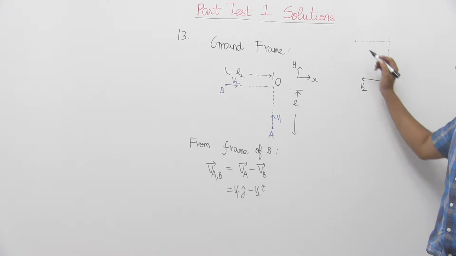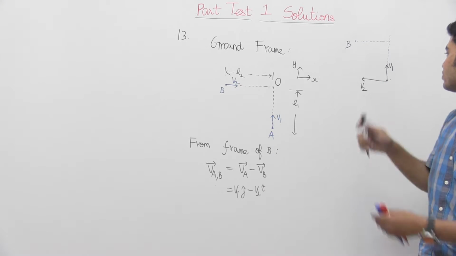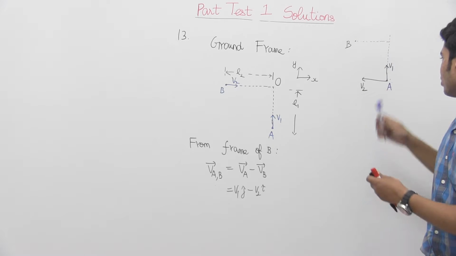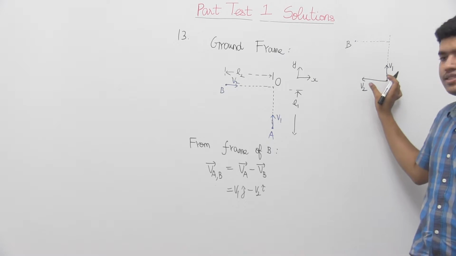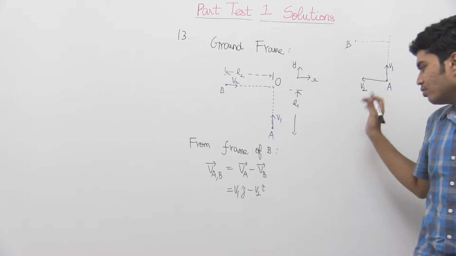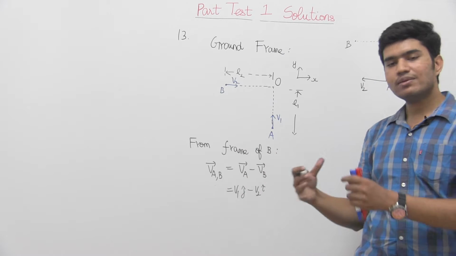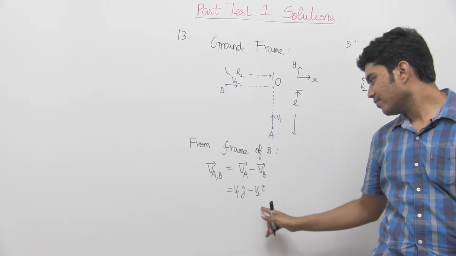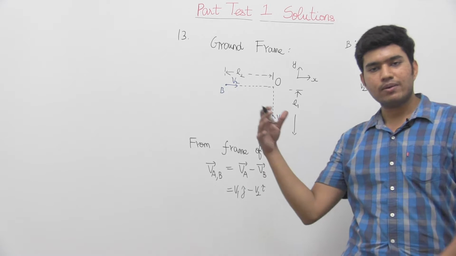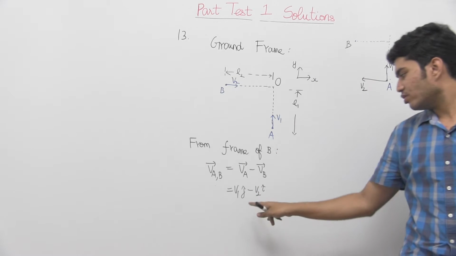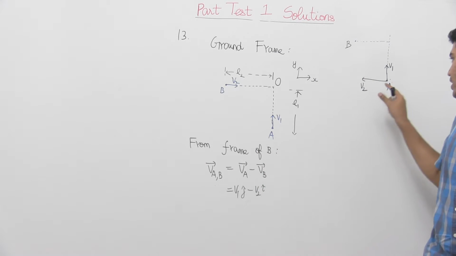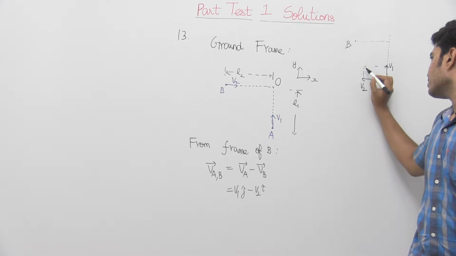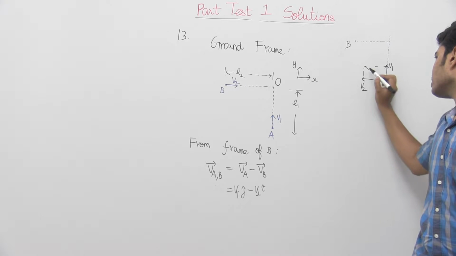So actually the net motion of A with respect to B will be like this. Because the net velocity is how much? The net velocity is the vector resultant of these two velocities. What we are doing here is observing the motion of A with respect to B. We have used the basic relative motion equation. This always works. No matter whatever the frame is, this equation always works. So the net velocity of A with respect to B is this much. This is the net velocity.